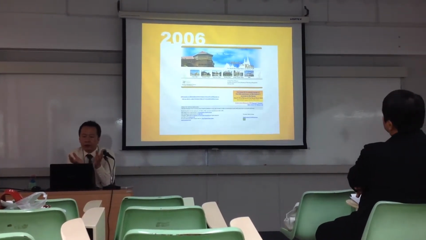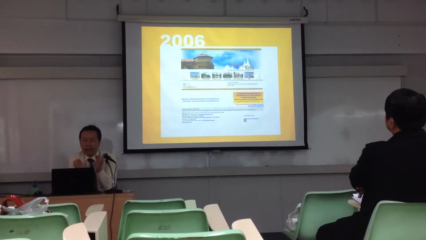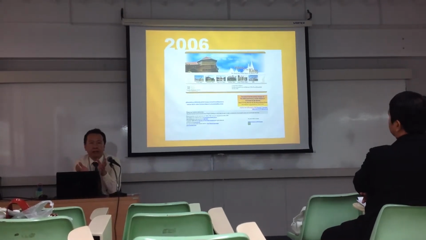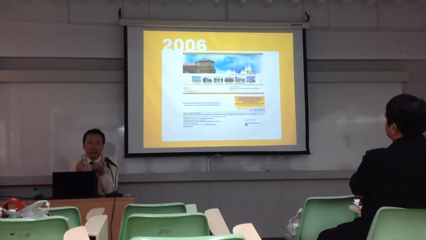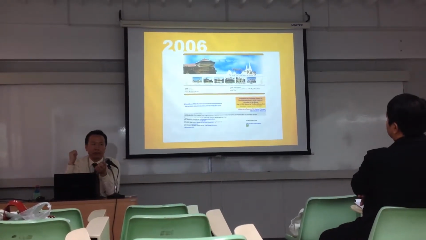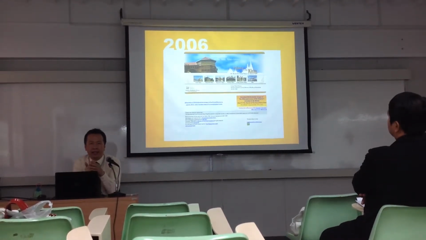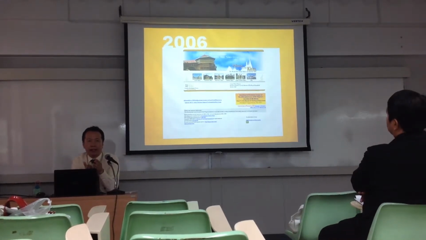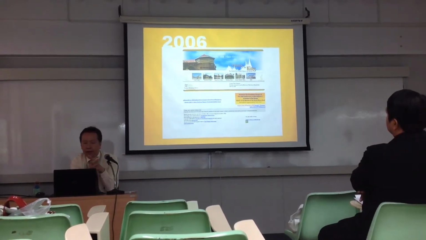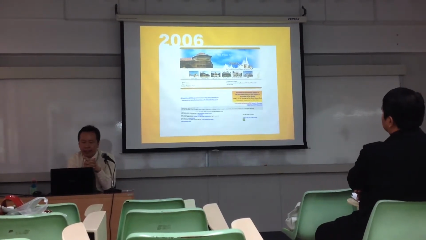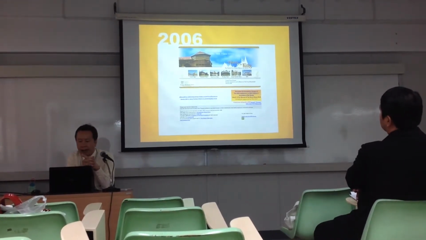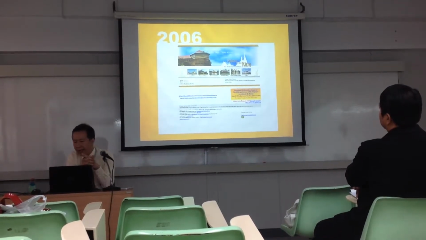And then in 1996, we had more palaces from the Royal Household. Currently, we have a total of six palaces. The first one is the Grand Palace and the Emerald Buddha Temple, which is across the street from here. And then we have Dusit Palace as the second one. The third one, we have Bang Pa-In Summer Palace in Ayutthaya. And the fourth one, Phuphing Palace in Chiang Mai.